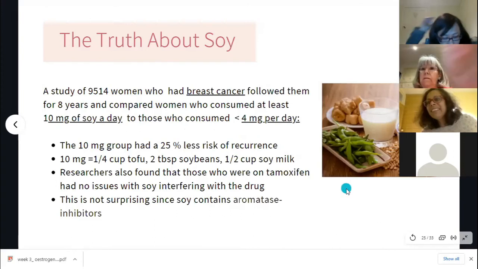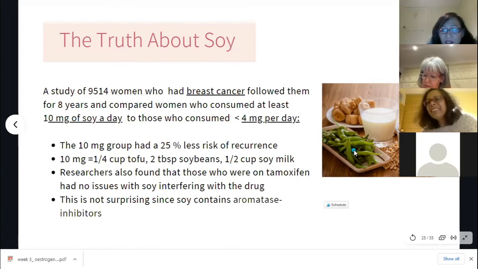Okay, so soy is a good one. A lot of people are concerned about taking soy because they heard that maybe soy can cause cancer or soy can cause thyroid problems, because soy is a goitrogen. So people with a low or sluggish thyroid are concerned about taking it because they think it's going to block their thyroid. The conclusion is that you don't really need to be worried about that, because you're not going to consume enough soy, unless you're vegan, to have any real impact on your thyroid.